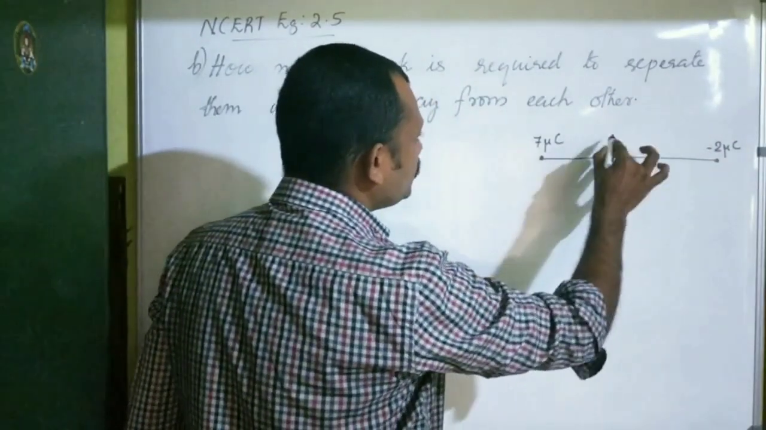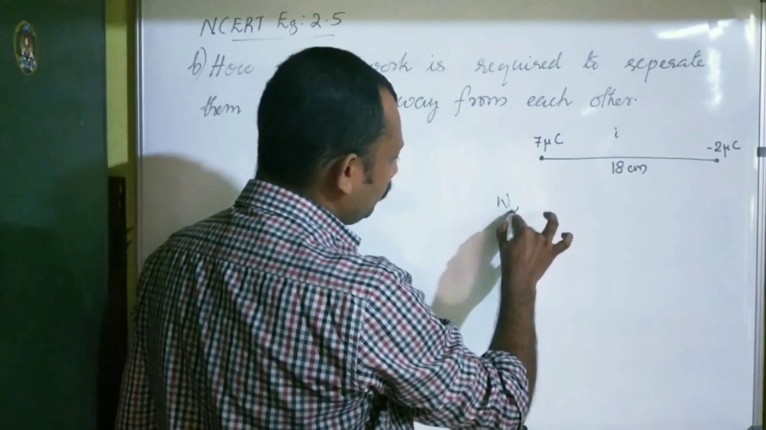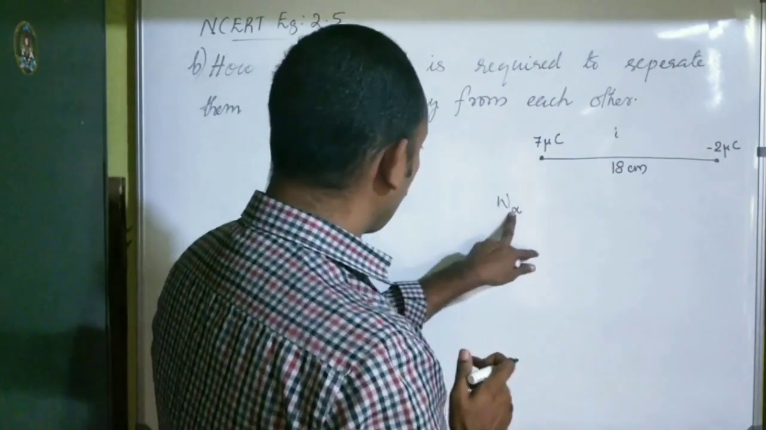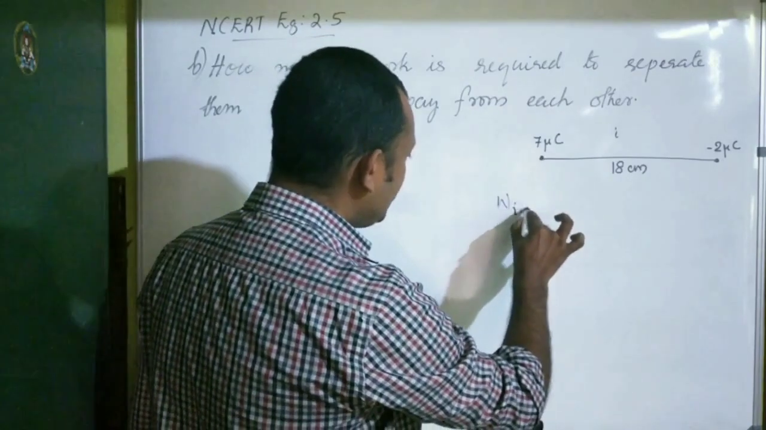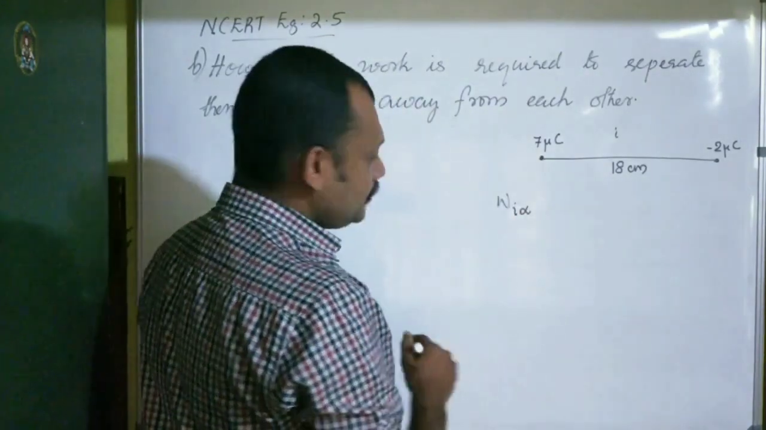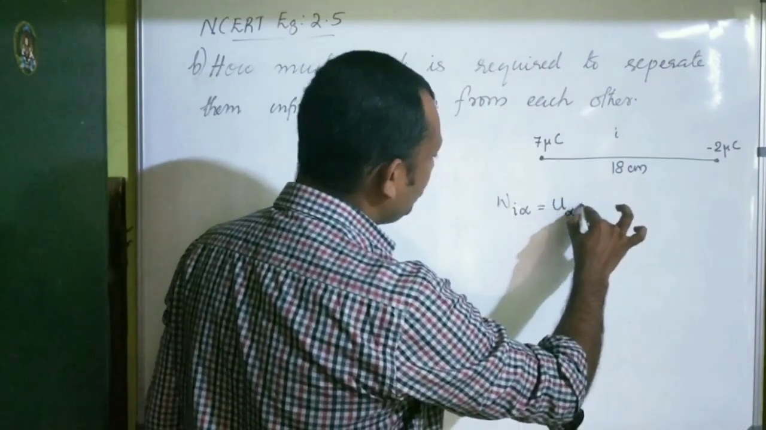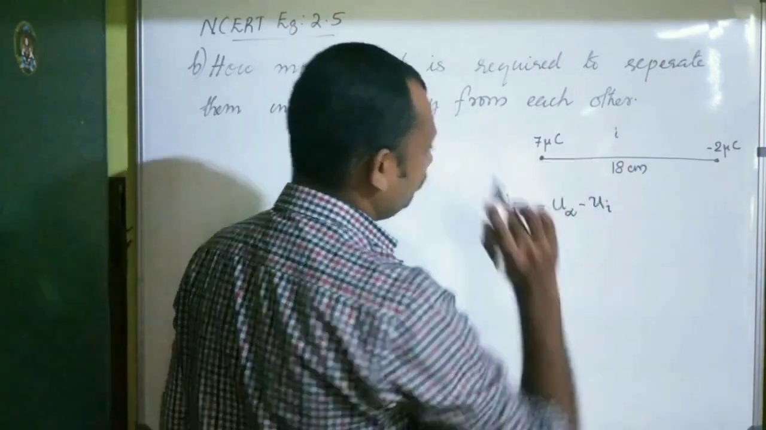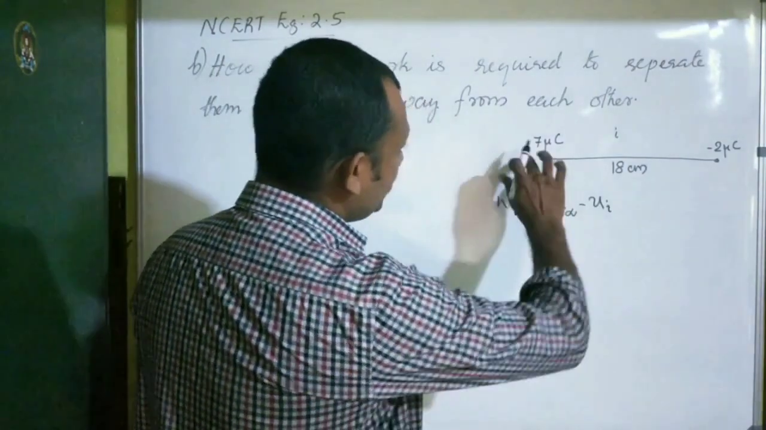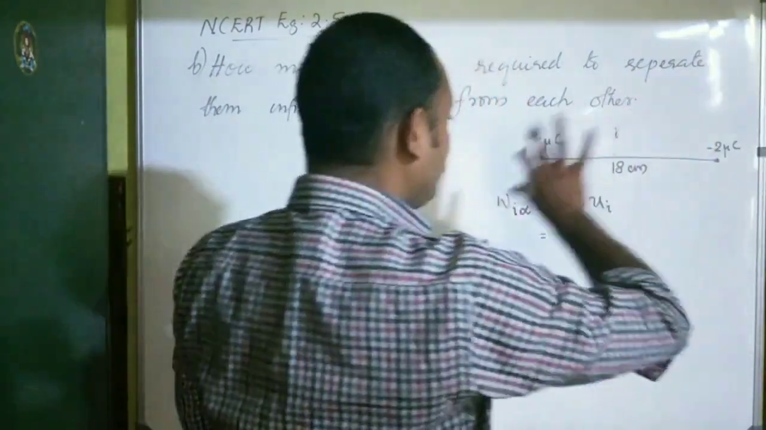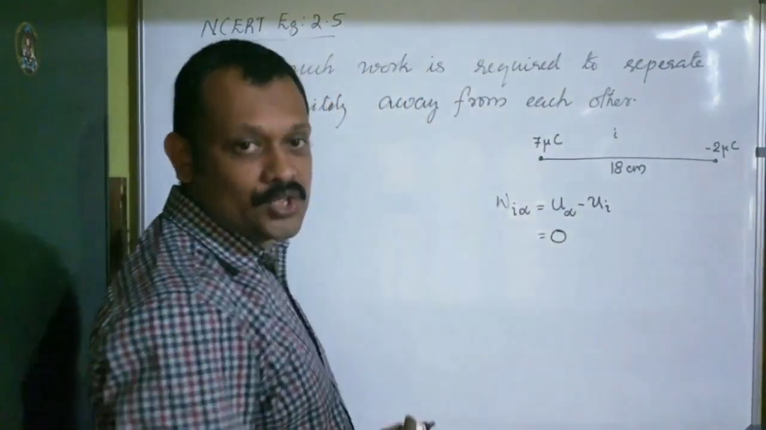So let me call this orientation the initial orientation. You are asked to find out the work done to take from initial orientation to infinity, right? Work done, initial to infinity. This is what you are asked to find out, and we know the formula for this is U infinity minus Ui. What is the value of potential energy at infinity? They are separated to infinite distance, means the final potential energy is 0